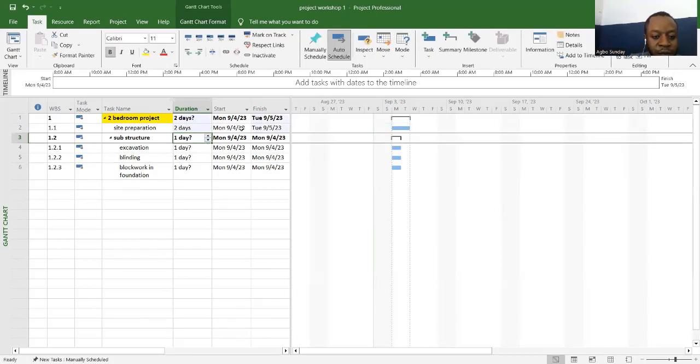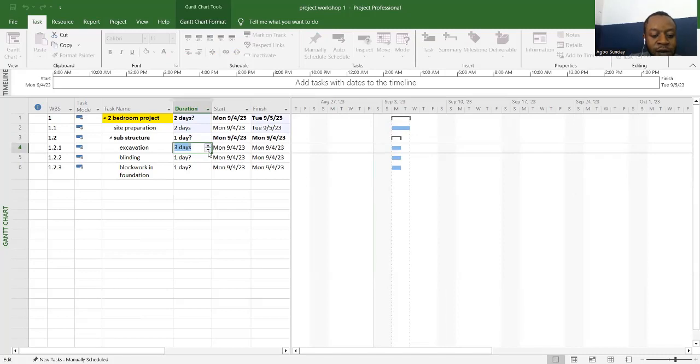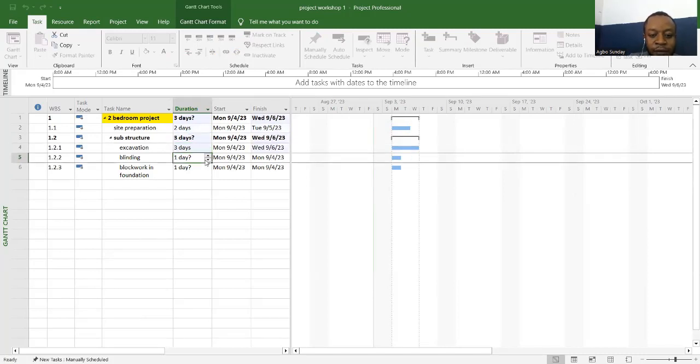Okay, and then we are starting on Monday, and then the excavation of the 2-bedroom can take up to, let's say, 3 days or 2 days, depending on the manpower. Okay, and now for the excavation of a 2-bedroom, is it going to be that you have to do your site preparation before you do the excavation, or you can do it concurrently, or you can maybe after 2 days or 3 days,